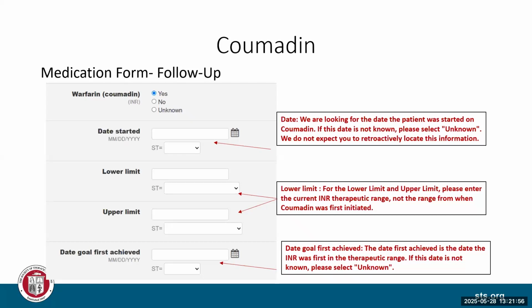So say the patient stops it for a month or two and then resumes, then yes, you want when did they start it? What's their limit? And when did they get into a therapeutic range? Okay. So lower limit to upper limit is their goal, and then the date they got to goal for that follow-up period, if you have it, yes. Okay. Easy enough. Yeah, Lori, I think you'll see the documentation within the notes of what the intended goal is.